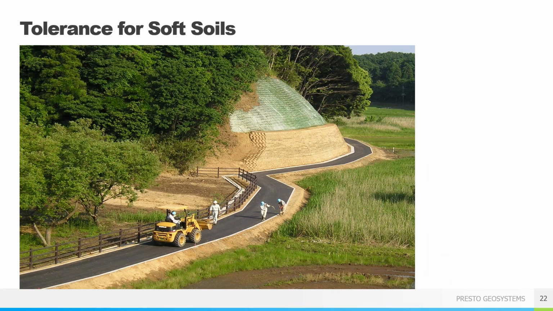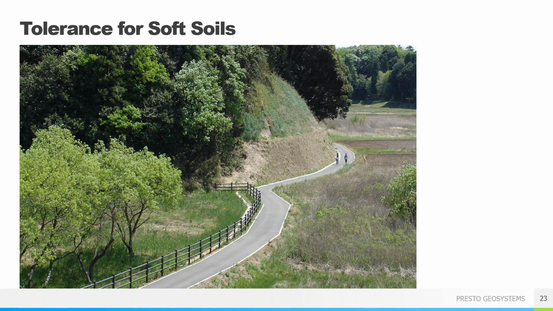One other benefit of the GEOB system is, we're flexible. So unlike some of the block walls or some of the other stiff MSE wall systems out there, we can really tolerate differential settlement. So building over soft soils, where differential settlement is a concern, is not a problem with our walls, unlike, say, a gabion or a modular block wall. The amount of differential settlement may be different in every project, but we can handle inches of differential settlement, especially when it's in saturated soils or soils prone to differential settlement. And once again, we can work with you on looking at the types of settlements.